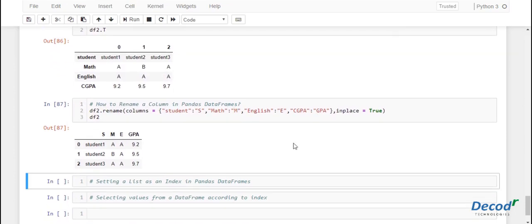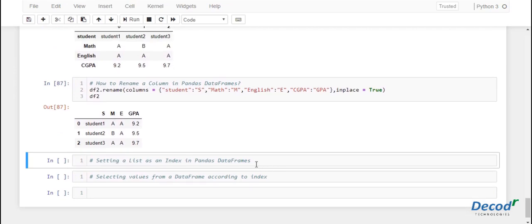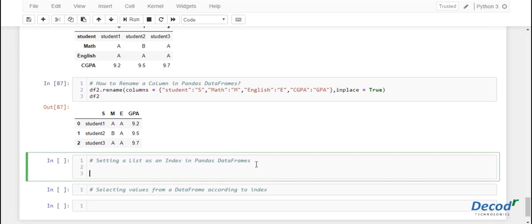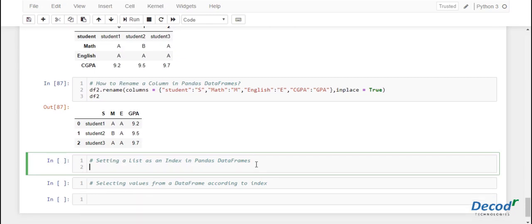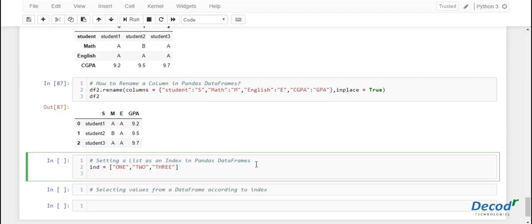Now let's see how to set a list as an index of the data frame. Initially let's define a list for the index, ind, and name it as 1, 2, 3. These are the elements of the ind list.